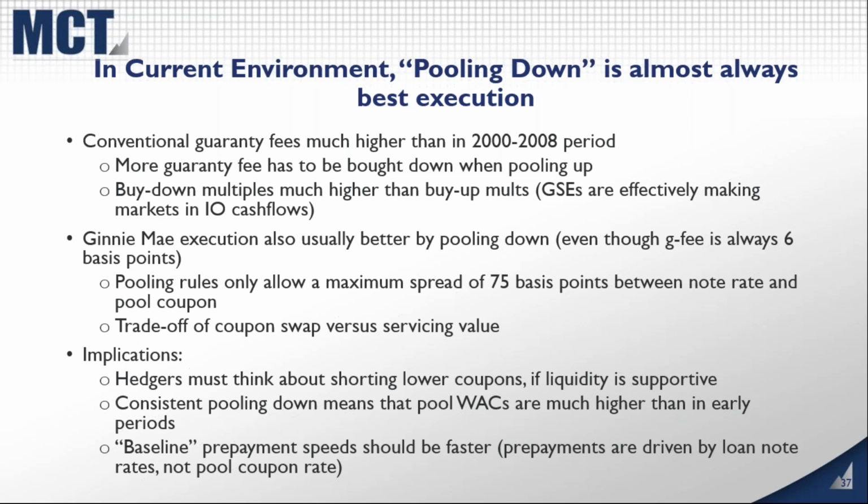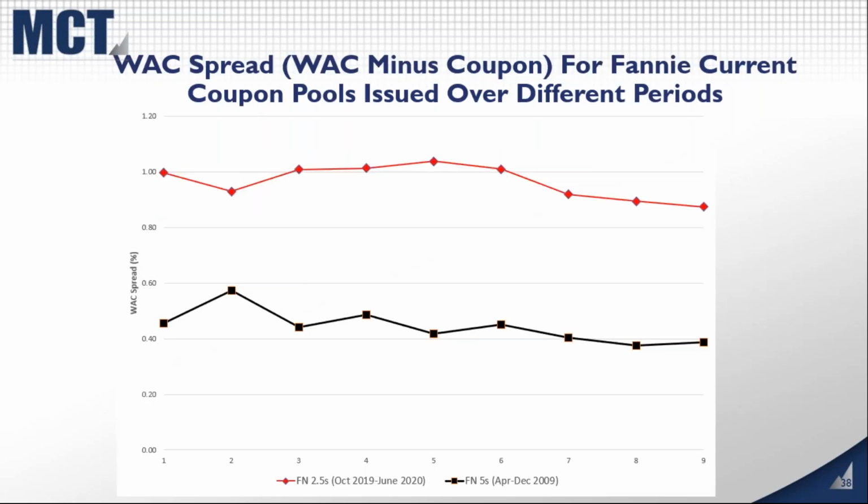So in other words, look at a second. This actually shows two different periods. The red line is the Fannie 2.5, basically the WAC minus the coupon for Fannie 2.5s that were issued from October 2019 through June of this year, versus Fannie 5s, the current-ish coupon at that point in time, between April and December of 2009. And you can see that that spread was much tighter, partly because guarantee fees were lower,